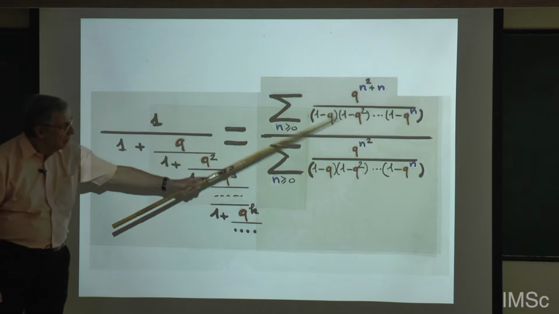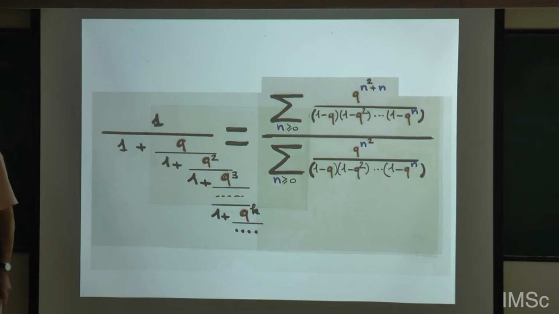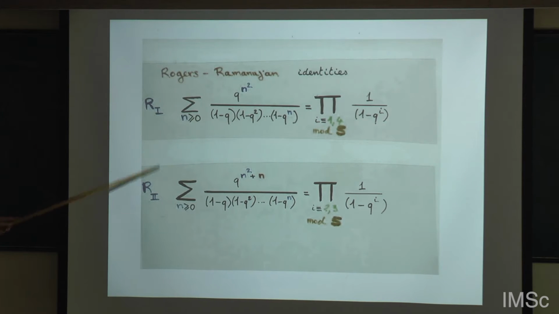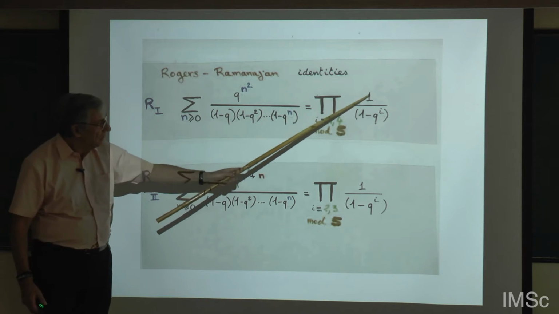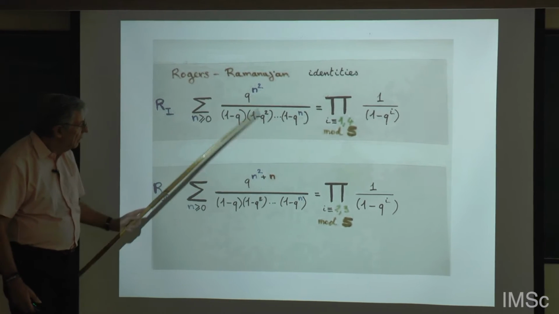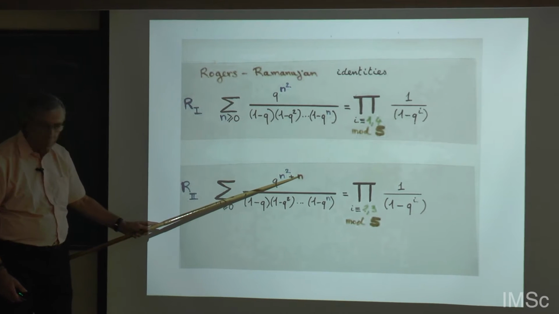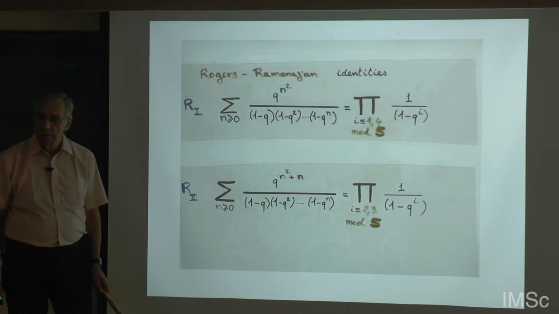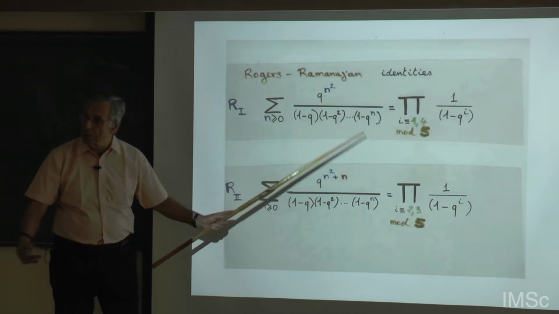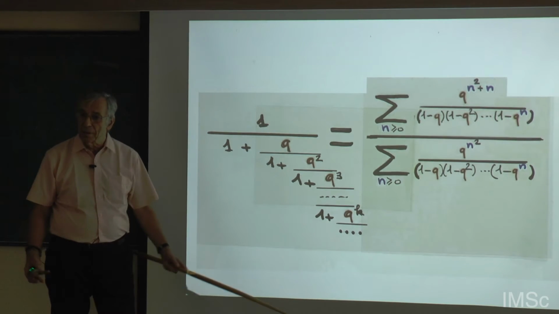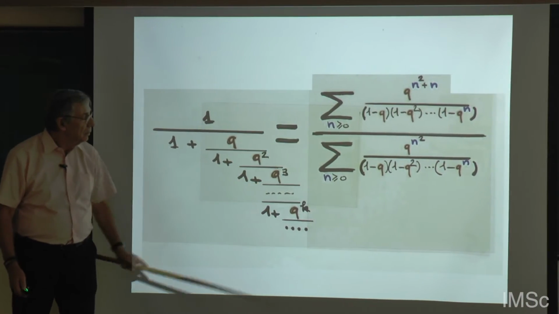So this ratio here comes from the left-hand sides of the two famous Rogers-Ramanujan identities. So here is the first identity, second identity. This infinite series is the infinite product of this for all the numbers i equal to 1 and 4 modulo 5. And for the second identity, you just add this small term, and this changes to i equal to 2 and 3 modulo 5. So you have first to give a combinatorial interpretation of this, and then the combinatorial interpretation of this, and see why this equals this.